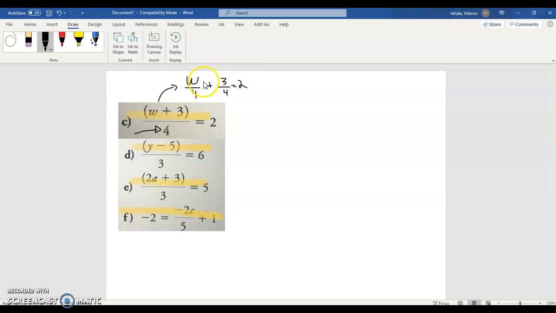So that's just another way of writing it, and you would approach the problem the same way if it was written this way instead, and that's how most of them are written in the video that I put up on YouTube previously. But I'm going to proceed with the problem written this way. So for question C, I'm going to multiply my numerators by 4. So you're going to do that to get rid of the denominator of 4. So you're going to have 4 times w plus 3 over 4